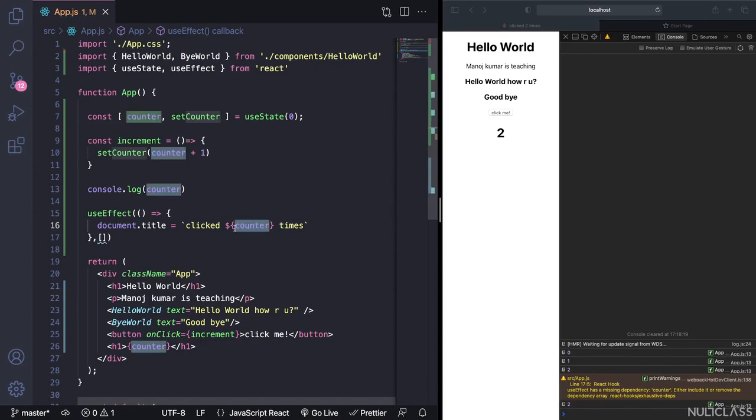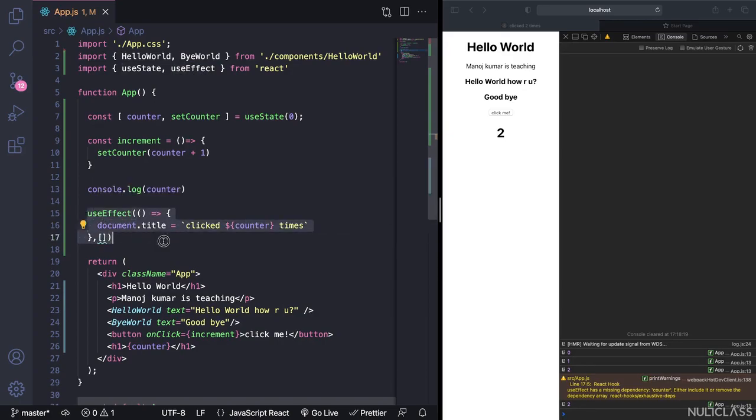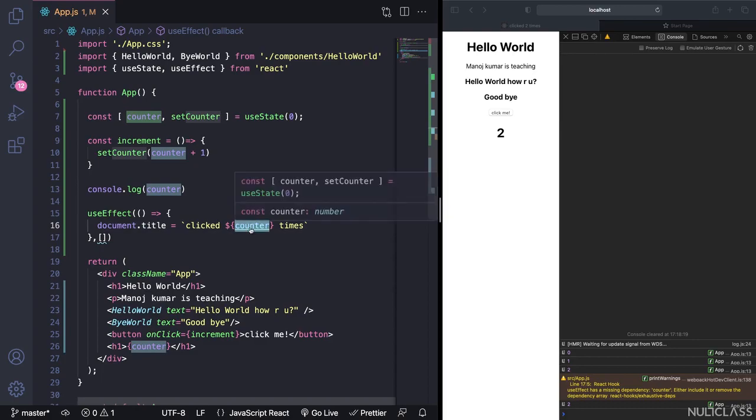Nevertheless, the value is being changed. If the counter value is changed, only then do I need to change the value of the document title. If the counter value is not changed, I don't want to change the document title. So that's why the dependency array plays a major role in useEffect. What values can you provide in the dependency list? In this case, the title changes only when the counter value changes. So counter is the dependency,